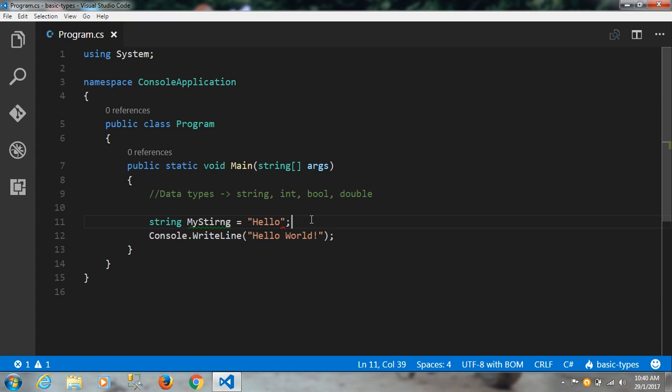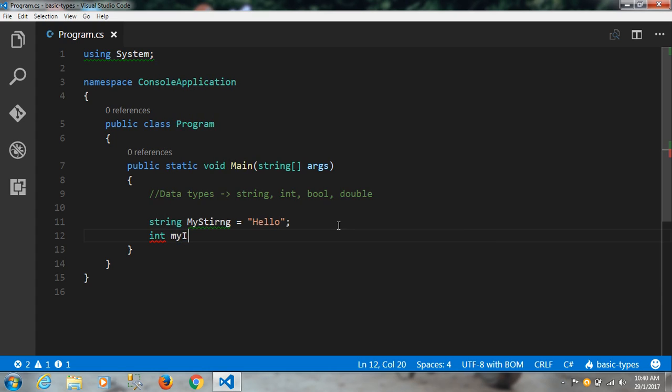How does the string work? This string is any kind of written text. It starts with a double quote and it ends with a double quote. What happens if I try to assign some other type of value to it? We'll see that, but first let's create an